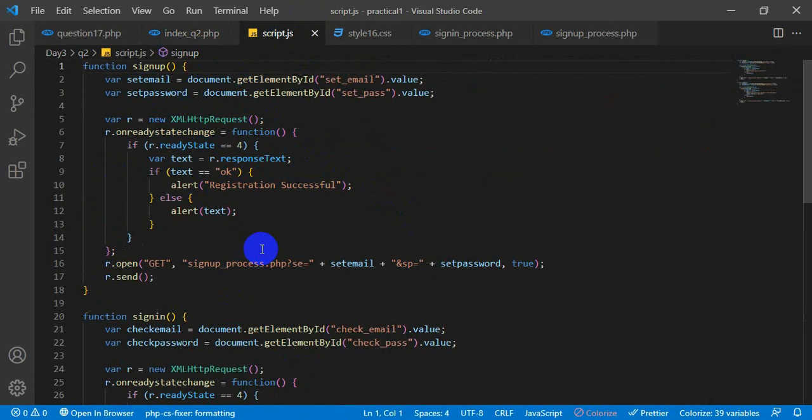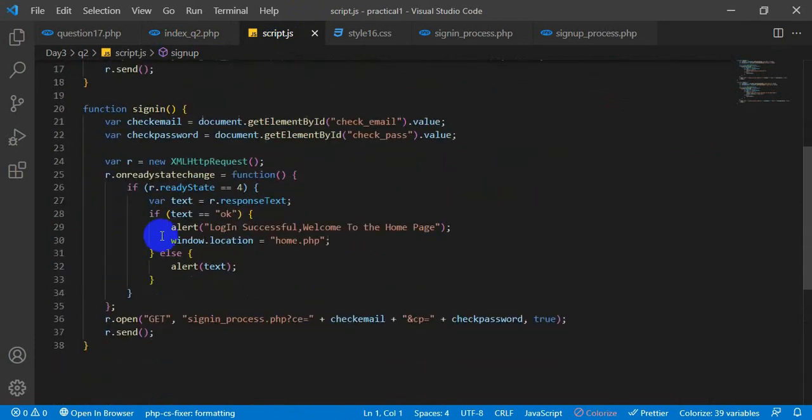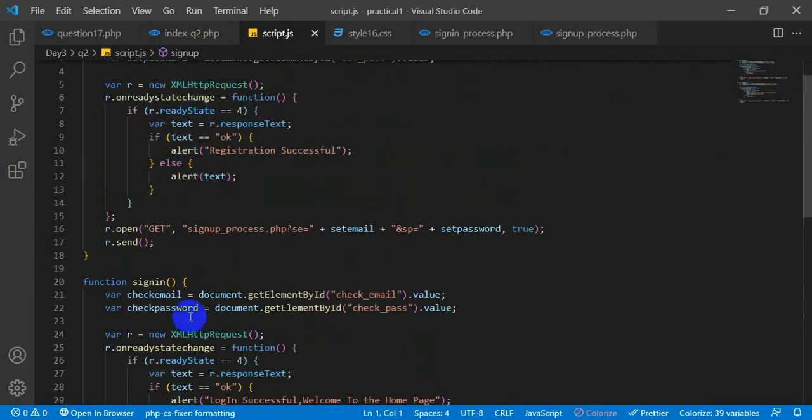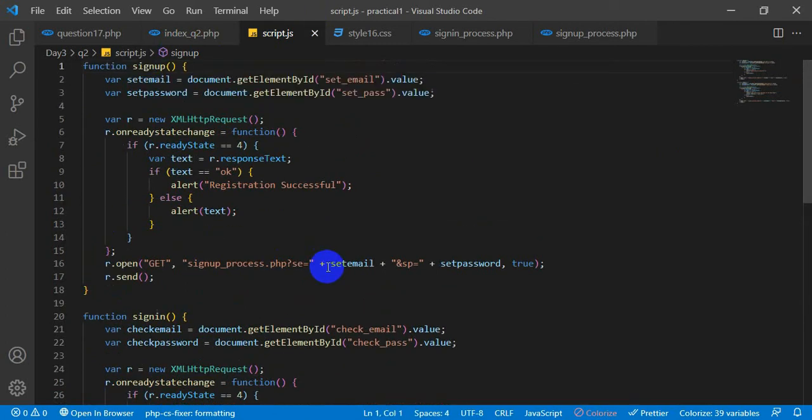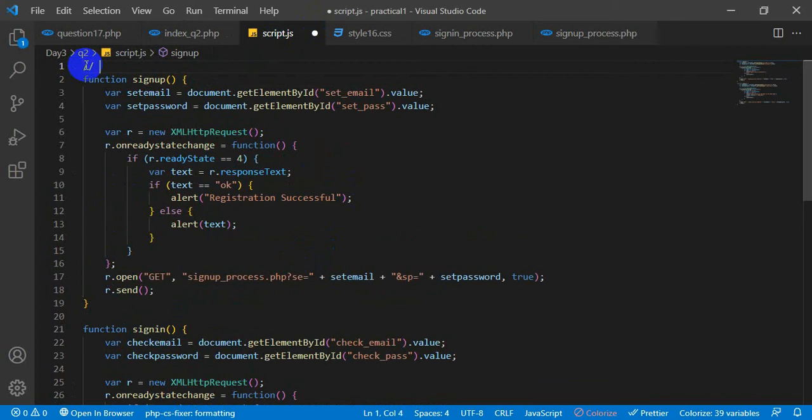So I have two functions for two separate divs. In the first div, I perform the registering. That is the first function, the registering part. I'll just name it for you.